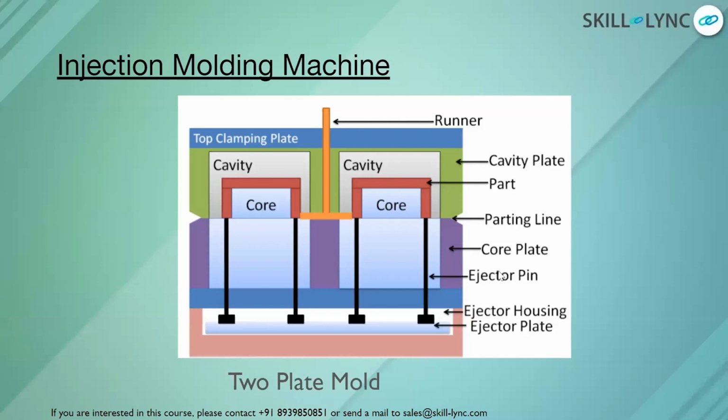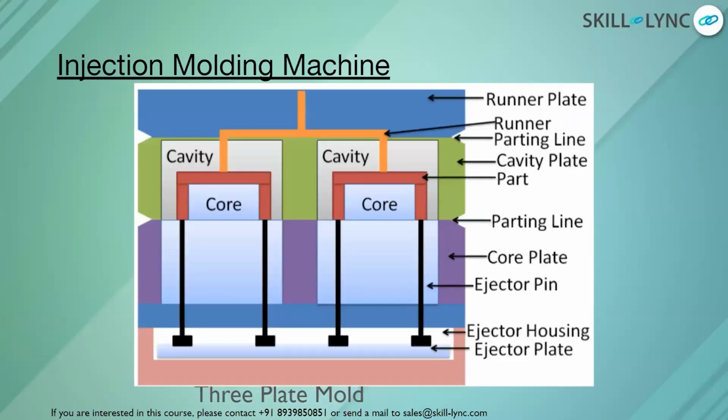So we can see the ejector housing as well as the ejector plate. As soon as the plastic is cooled down, the core moves away, and then the ejector pins push the plastic out. The cavity is going to be the stationary component, and the core is going to be the moving element here, right? So it's a two plate mold. Similarly, you have a three plate mold whenever you have additional runner plates to hold it in position, correct? So these are basically vertical injection molding machines, right? Now